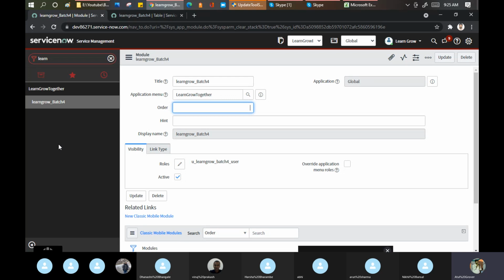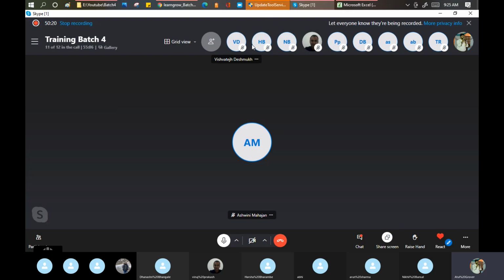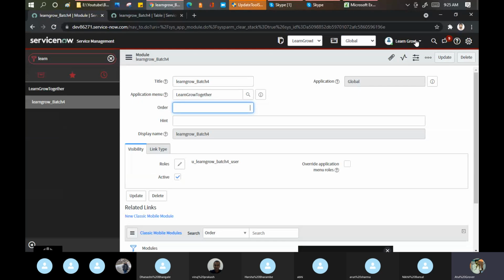Let's take an example. I give homework to one guy. Aishwarya, for you, I am giving you a table. You need to create a table for the calculator. I need 4 different modules in that particular table: add, subtract, multiply, and division. And use the order to display the modules in this sequence.